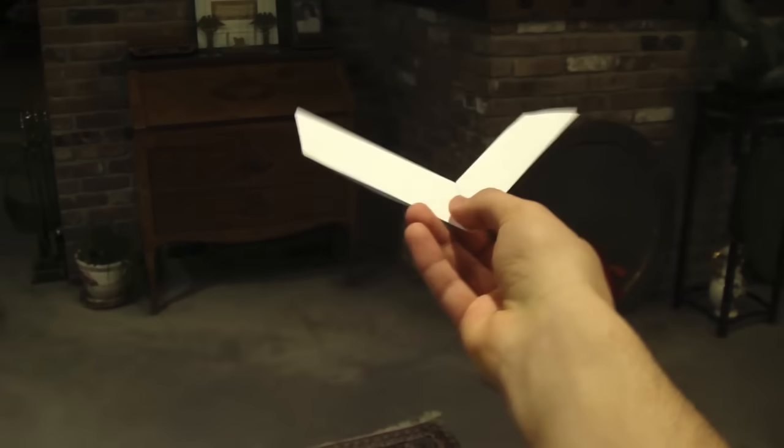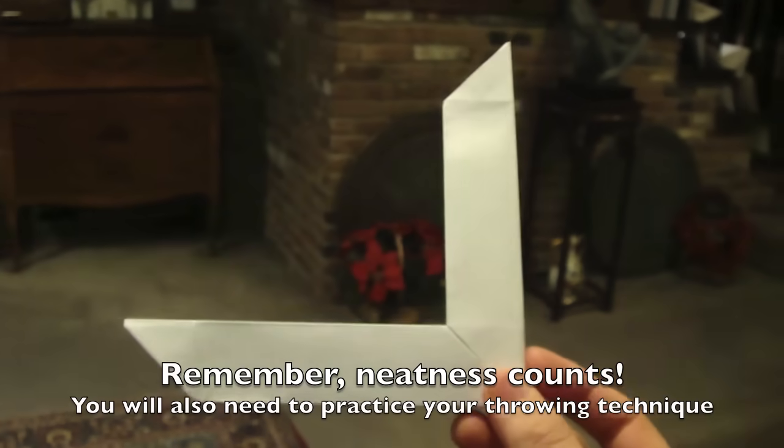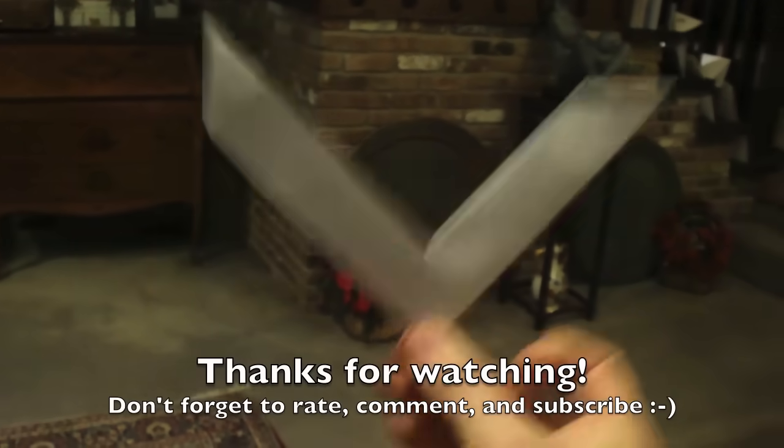So once you position it like this, you want to just rotate it like a frisbee, and it's going to be thrown so that the model is spinning clockwise. So you just want to throw it like that. I probably won't catch it right now, but let me try to throw it. Well, there you go. So just make sure your model is neat. If it's not coming back to you, you need to practice on how to throw it. Make sure the model is very flat, and have fun with your